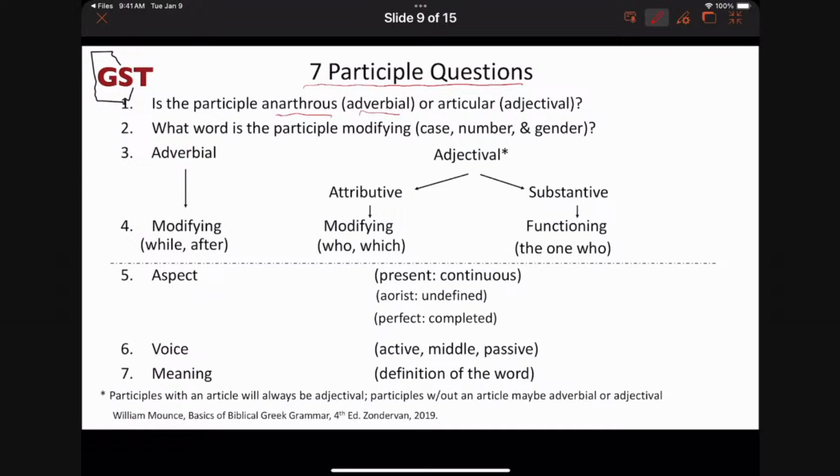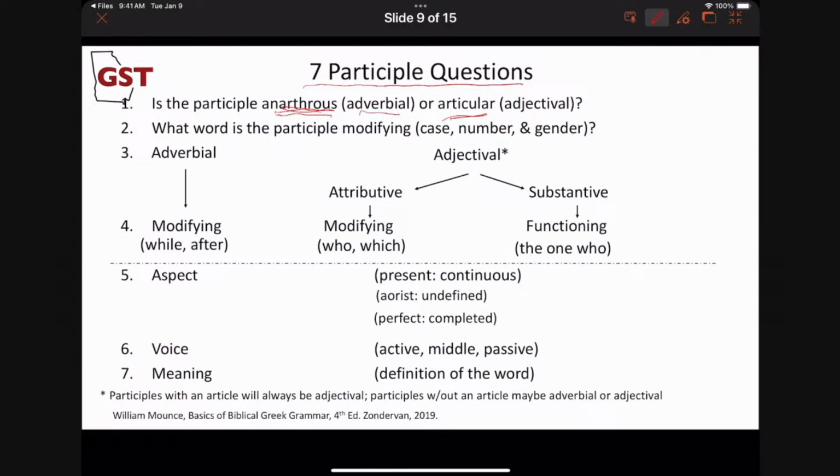And so if you want to ask the question, is this participle anarthrous or is it articular? Jake, what would articular mean? Adjectival. No. Hey, don't make fun of my answer. Well, yeah. No, I honestly forgot about anarthrous and articular. And I can barely hear you, and I can barely see the screen, so I don't know if you're referencing